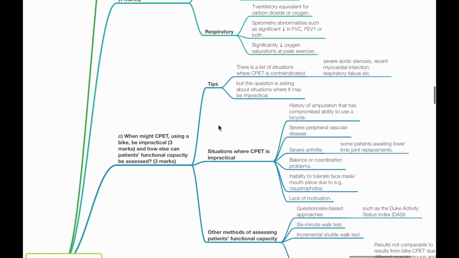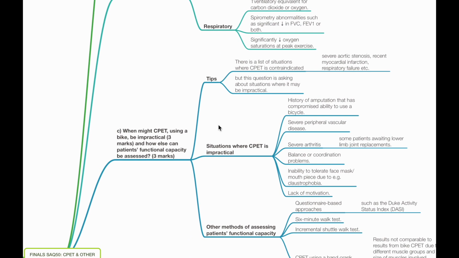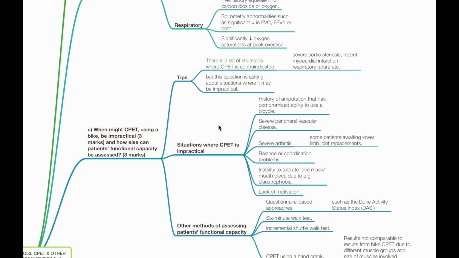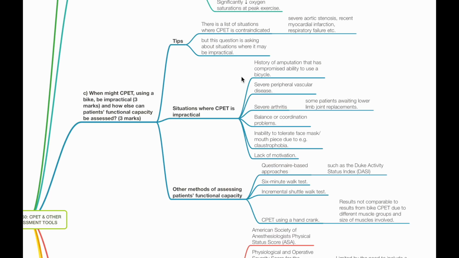C. When might CPET using a bike be impractical? And how else can patients' functional capacity be assessed? Tips. There is a list of situations where CPET is contraindicated, such as severe aortic stenosis, recent MI and respiratory failure. However, this question is asking about situations where it may be impractical, such as